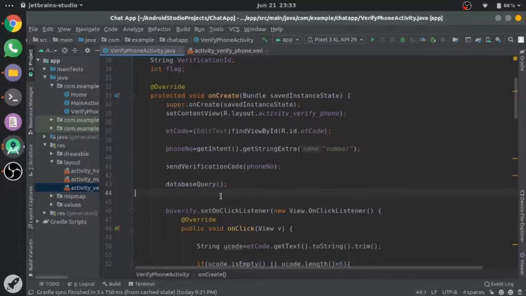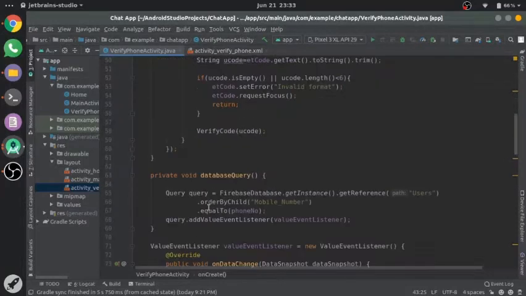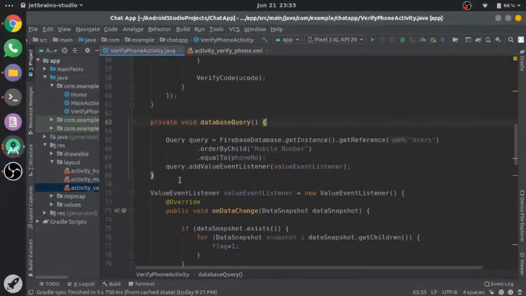Then we have a database query. Let's look at first at this database query. Here is the function of our database query. We have one query in which FirebaseDatabase.getInstance().getReference("users").